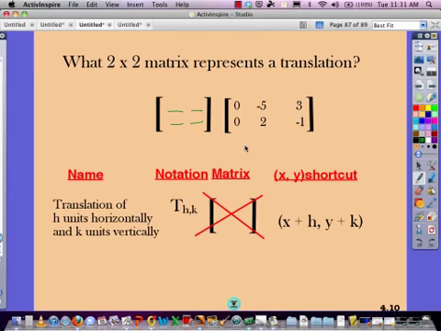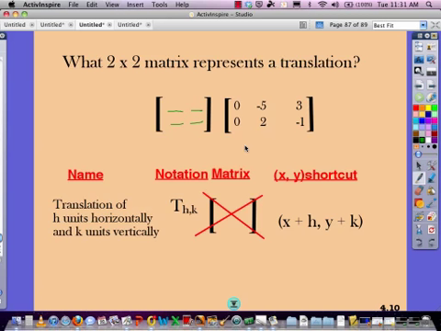we need to make sure we add to our chart table that has our 10 matrix combinations on them. And the name is a translation of H units horizontally. You don't want to just say translation because it's very specific. The notation is T sub H comma K. There is no 2 by 2 matrix because we are not multiplying, which is what every other